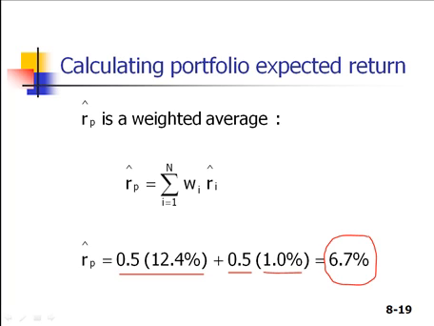So exactly halfway in between 12.4% and 1%, and that's kind of what I expected would be the case, and I don't think that's a tremendous surprise, really. Okay, so